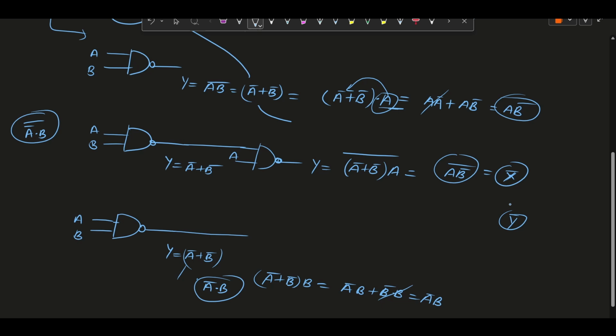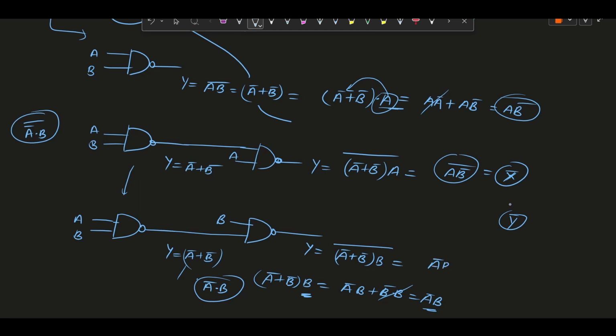So similarly to what we did in the first term, in this term, what will we add here? The extra input that we have seen here to get the final a complement into b complement. So we will add this b input in the second NAND gate, and here we will get y as a complement plus b complement and the second input, and the whole complement. Then we will get a complement into b and the whole complement because of the NAND gate. Okay, so we have successfully implemented the x complement and y complement.